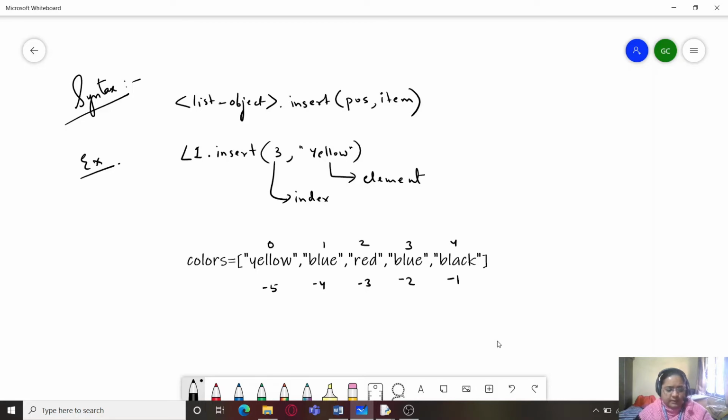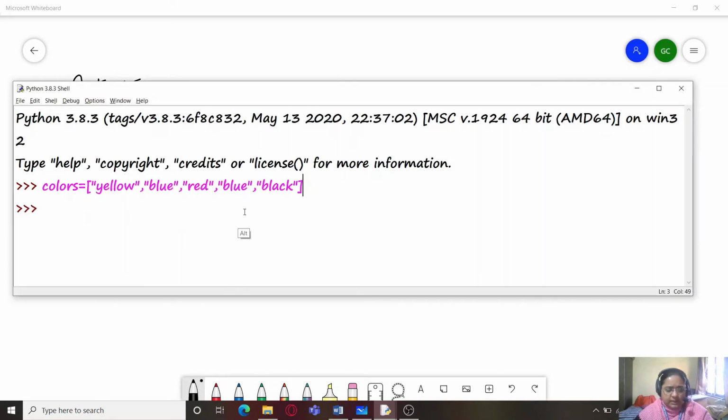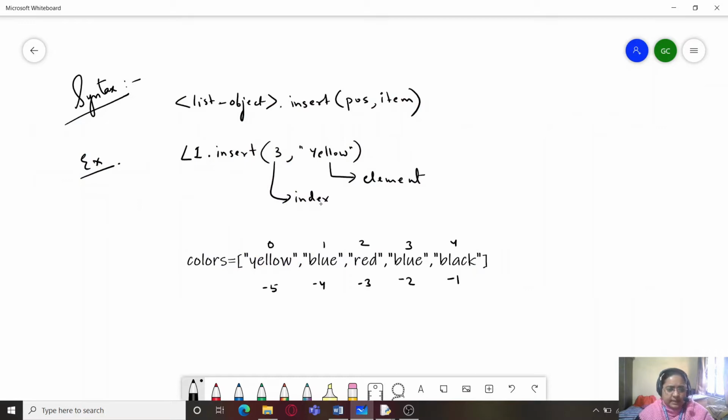These are the values, and now suppose I want to insert another color named magenta at location 2. When I say location 2, it means index 1, or position 1.